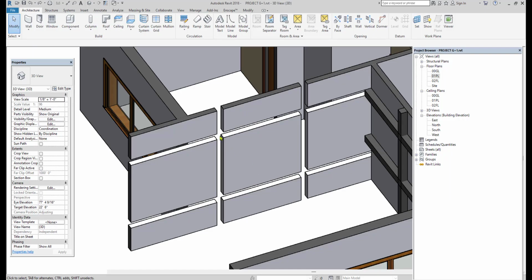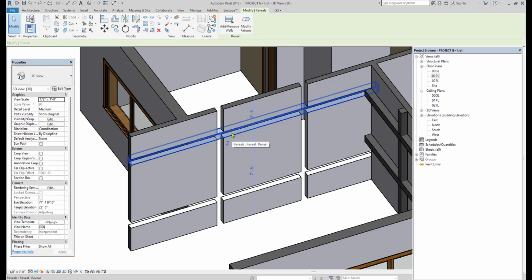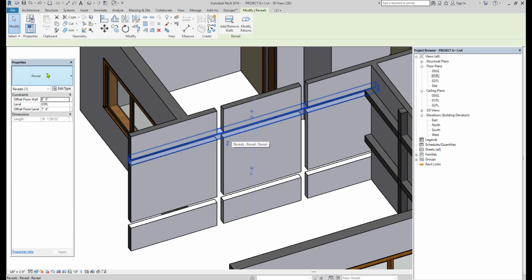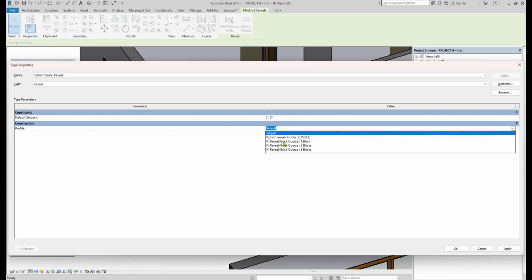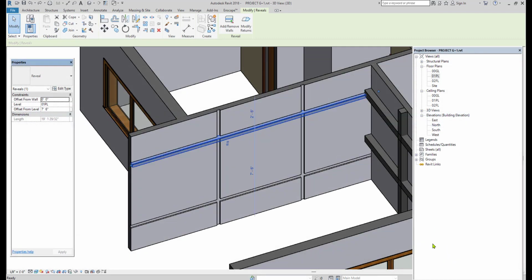Here you can see the wall reveal has cut the main wall completely because of its profile thickness. So make sure you select only the reveal, and in the properties we have the reveal option. Go to edit type and then change the profile of the reveal. We have the profile option, that is the default. Click on the default option and you can make it one brick cut and then OK.